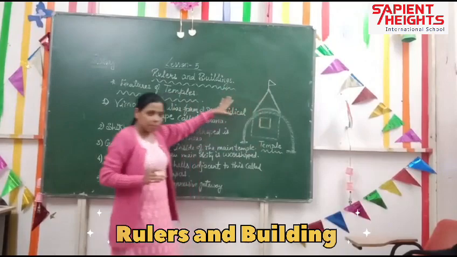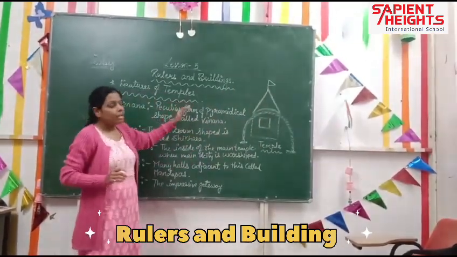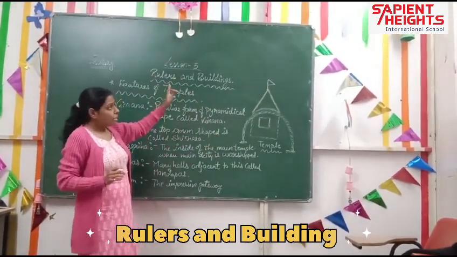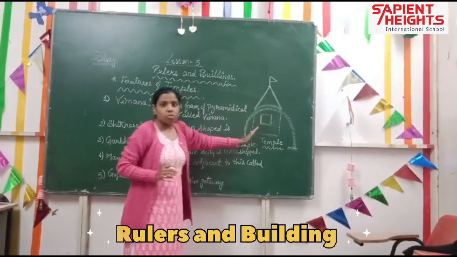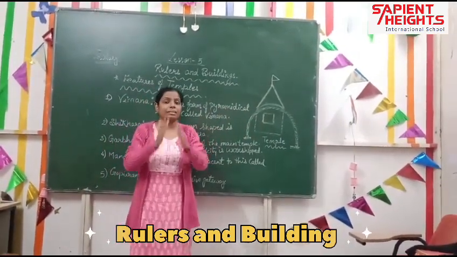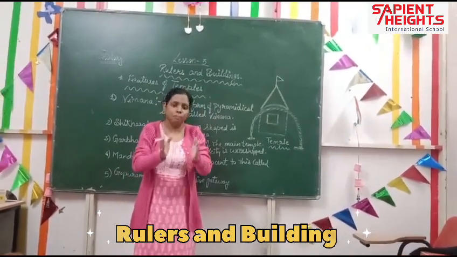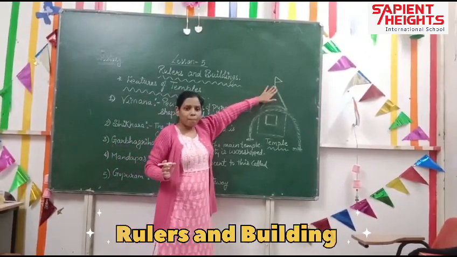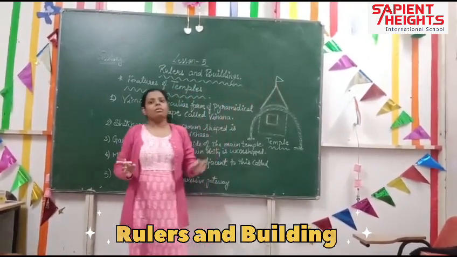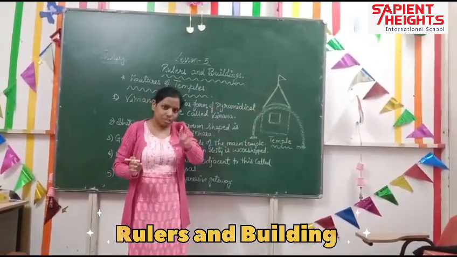So in this topic, we discussed the features of the temple, the different parts of the temple. Let us revise it. The pyramidical shape is known as the Viman, which means it is a triangle shape. All the temples we find are in a triangle shape. The second one is Shikhar, the top part of the temple where you see the flag. The top part is known as the Shikhar.